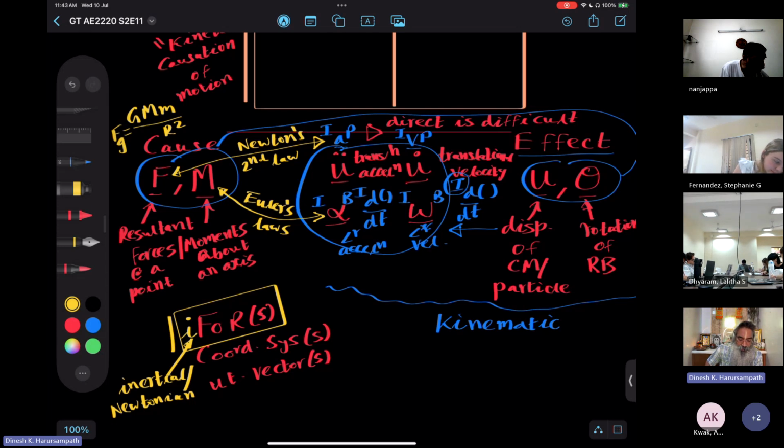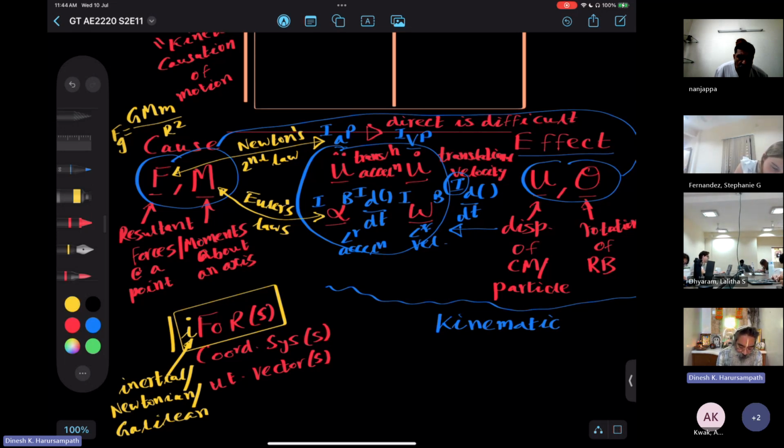So just be aware of that. But as I said, people knew about this before Newton and even in the West. So that is Galileo, and therefore this is also called the Galilean frame of reference. So don't be confused about these terminologies because they refer to one and the same thing. All that they are saying is that